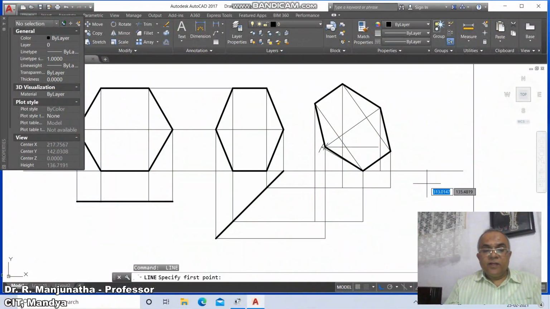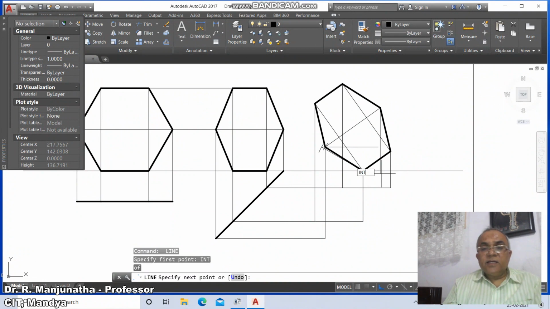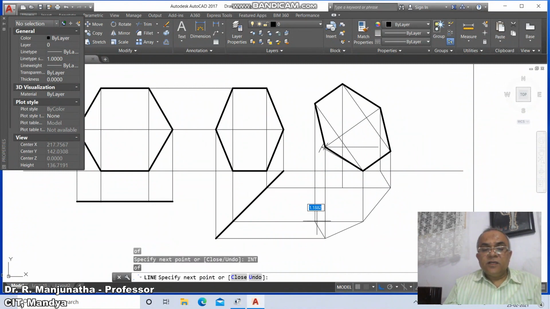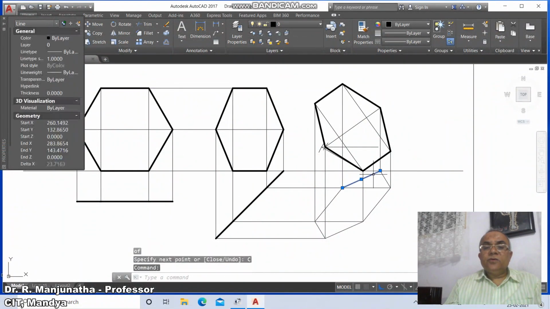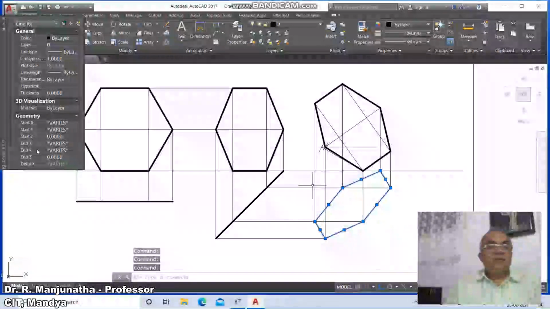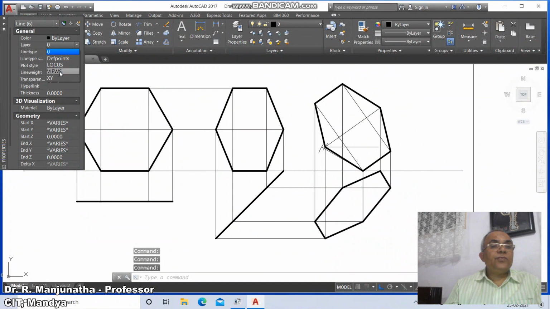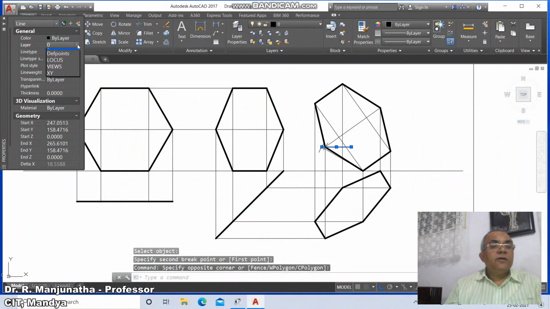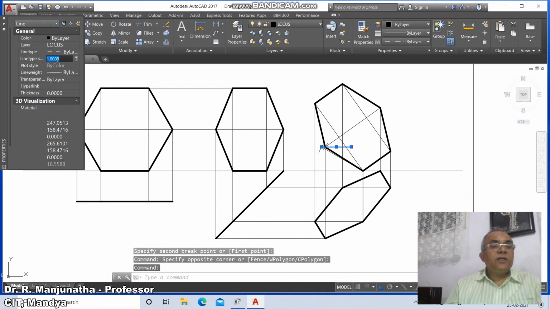Then go to line, take the intersection of this, take the intersection of this line, and take the intersection point of this, and take the intersection of this and say close. Now you just go to select on these things and you get this layer as views, and then you just break this till here. Now you go to this, go to layer, make that as locus, then you take the